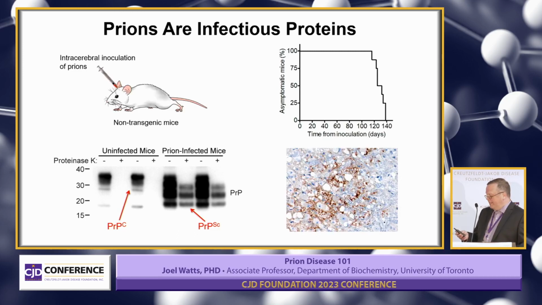If you look at the brain tissue itself, you'll see the pathological hallmarks of prion disease. These holes in the brain are called spongiform degeneration, giving it a Swiss cheese-like appearance. And all this brown stuff is the PrPSc that's formed these deposits that are interfering with cell function. And prion disease, although many of us are unlucky to have had a loved one affected by these diseases, the animal systems used to study this are better than for any of the other neurodegenerative diseases. So for Alzheimer's disease, Parkinson's disease, these are models. Here, these are mice that have prion disease. They're not even a model. These are mice with prion disease. So we have a very good way of studying these disorders.